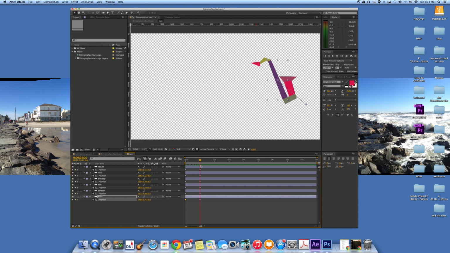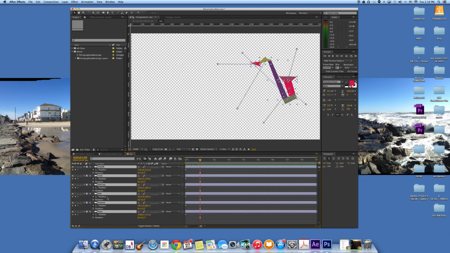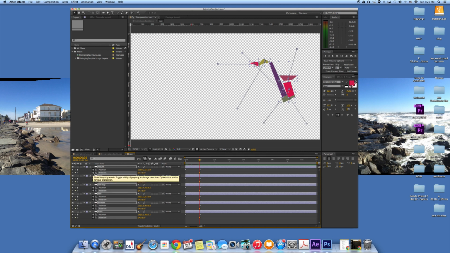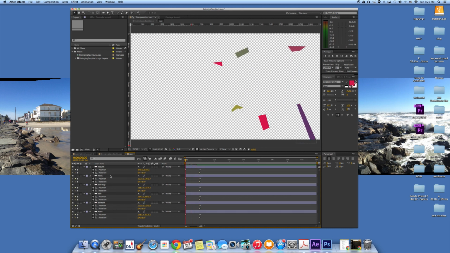So let's go back to the second one, and let's add some rotation. Again, we can highlight all these like so, and if we hit Shift and R, that brings up the rotation. So again, let's go to 1 second, and we'll highlight everything here. Hit the rotation for all those first before we, and now when we go back, we can individually change these to 2,